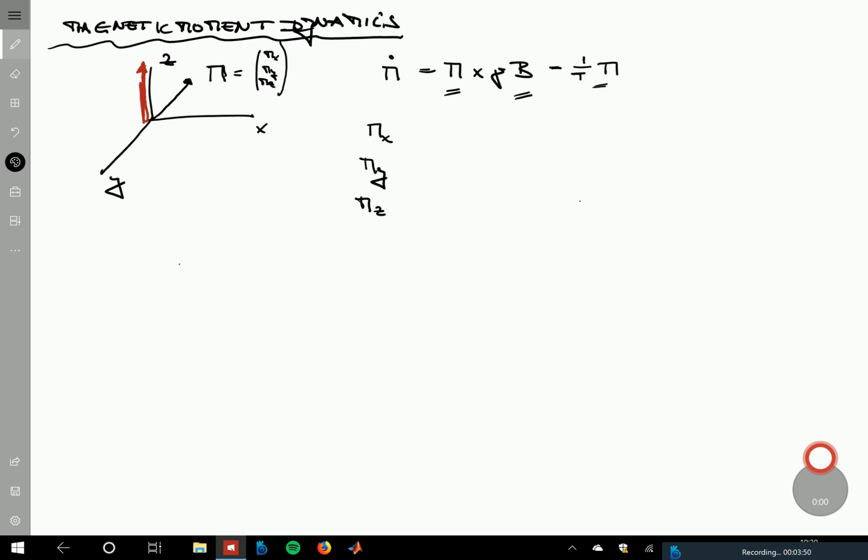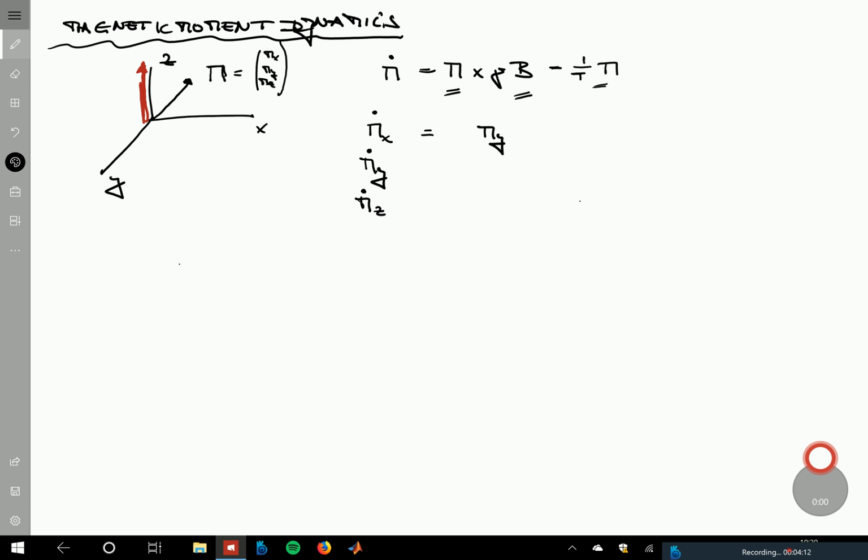These three numbers and the rate of change, if one computes the cross product, as we did last time, are then given by